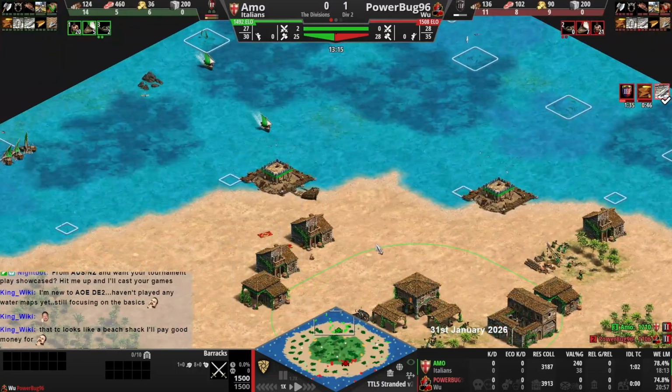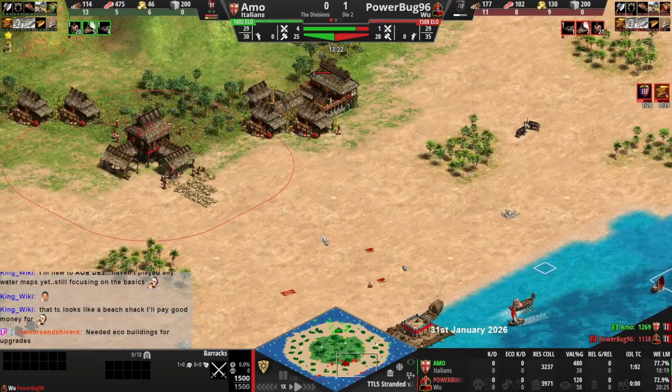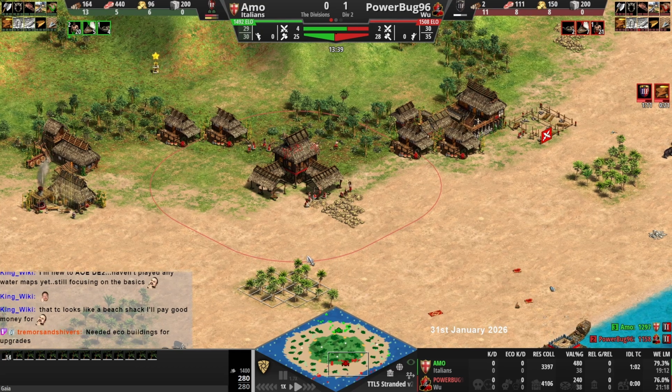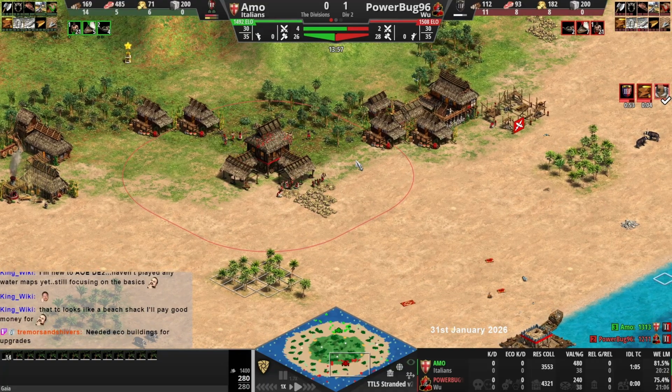And I want to start pressuring his base. I wanted to get the first army. Eco buildings for upgrades. Yeah, I think you see me go drop a lumber camp soon down here to go grab the eco upgrades, but it's not what this is about though. It's about trying to get that